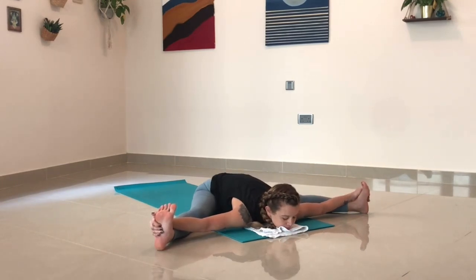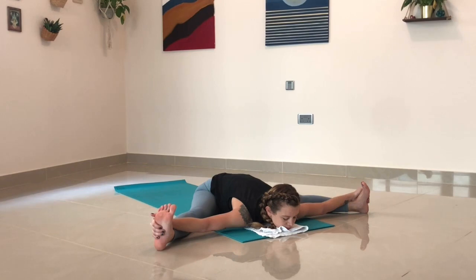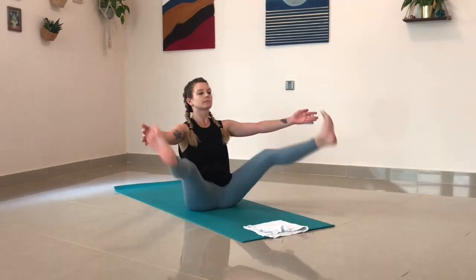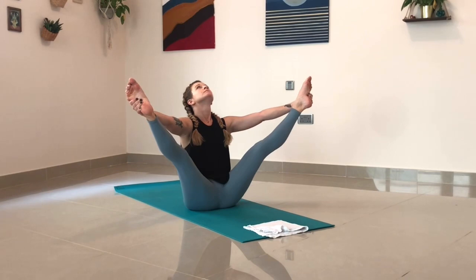Ashtanga, exhale to take the head down. 1, trying to externally rotate the thighs here. 2, so the feet stay flexed, but you're drawing the toes upward toward the sky. 3, 4, and 5. Now inhale, lift the feet up, grab the toes, point the toe, grab the feet, point the toes,